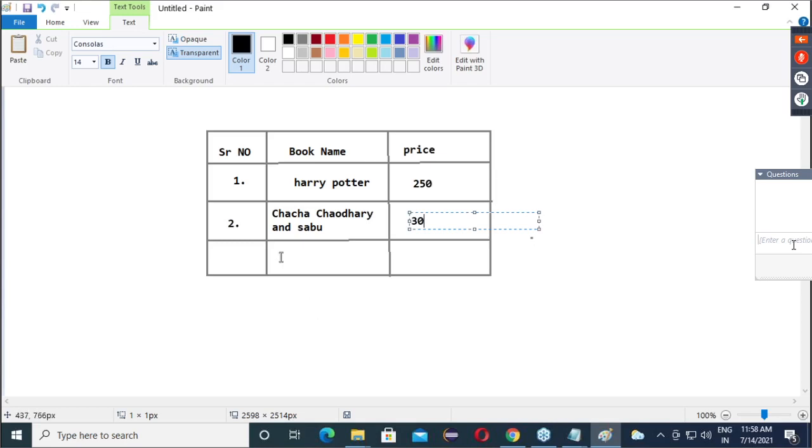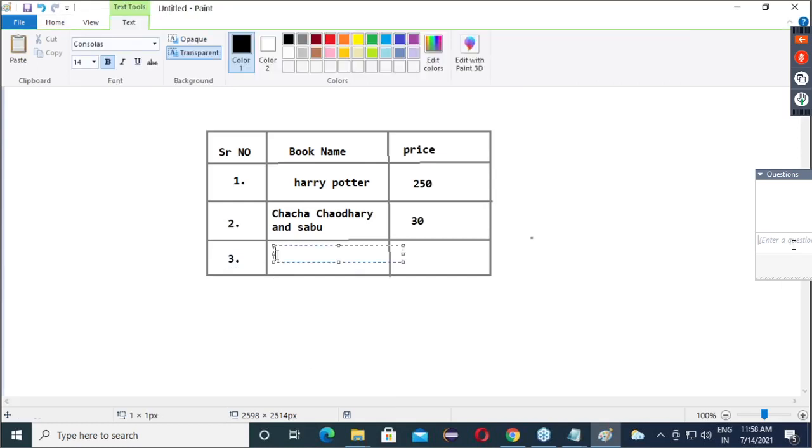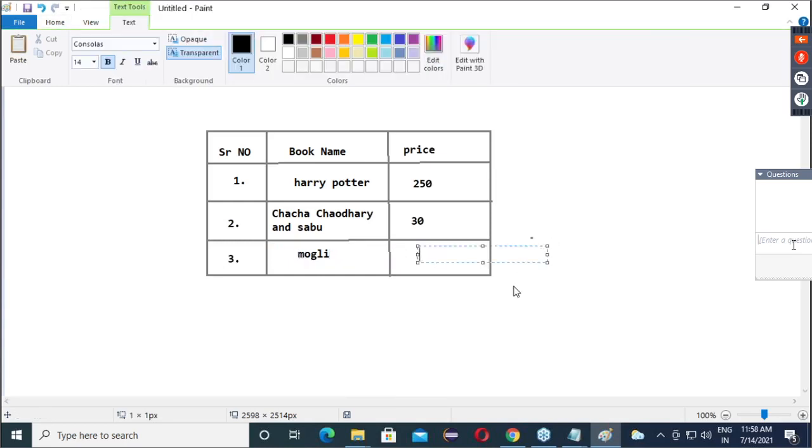Okay, 30 rupees. Next is, no, that book is different. Mowgli. What is the price? Mowgli? 50. Okay.